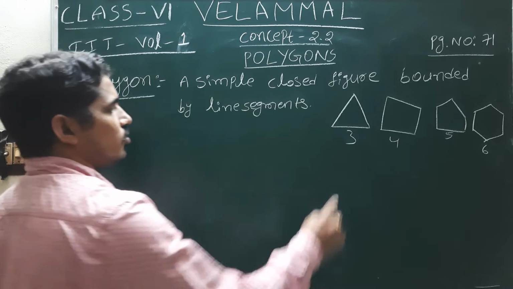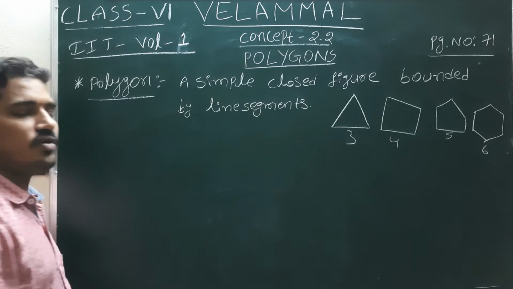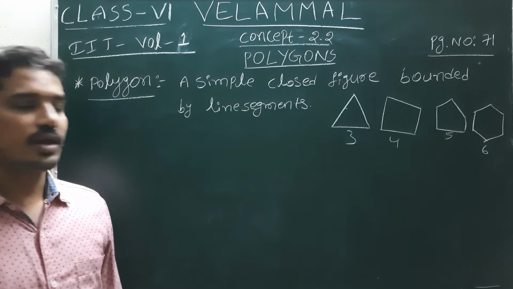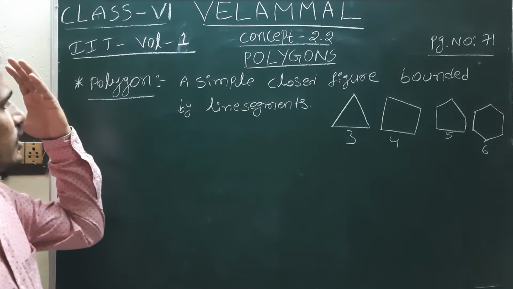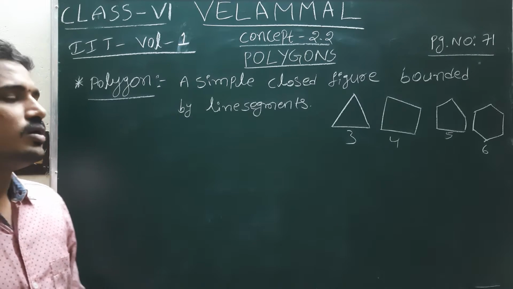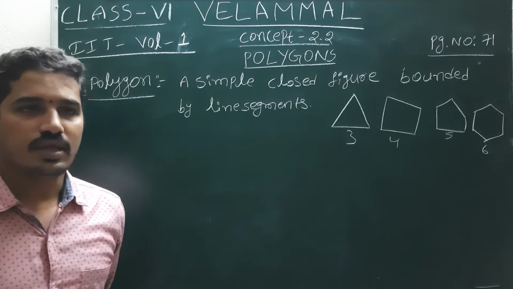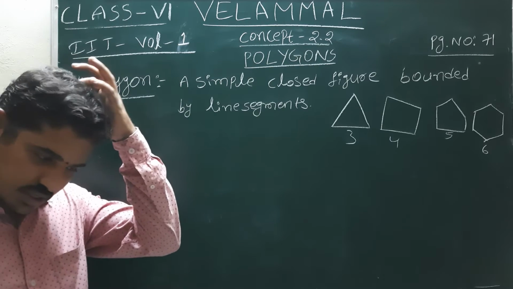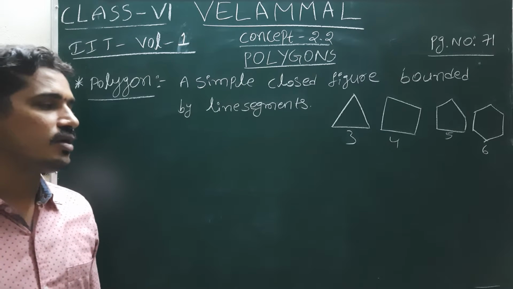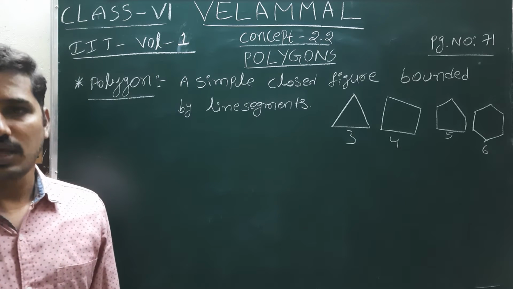Whenever we are discussing a polygon, based on the number of sides, a polygon will have a different name, like triangle, quadrilateral, pentagon, hexagon, heptagon, octagon, like that. In polygons we have 2 types: concave polygons and convex polygons. Already you would have heard these words in physics: concave lens and convex lens. What is convex and what is concave?